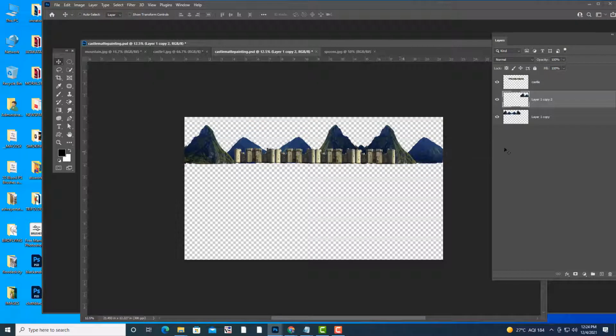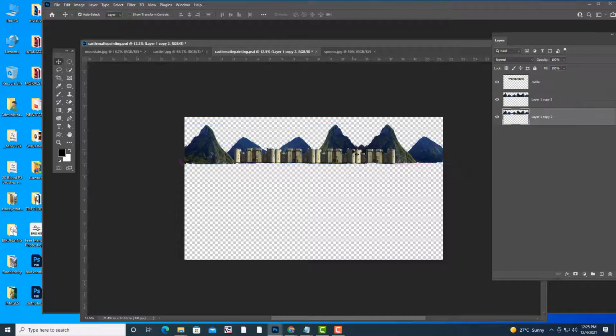Just like this. Okay, right. So we will merge these two layers. Okay, and then we'll take one more layer actually. So we want some mountains behind the actual big mountain.